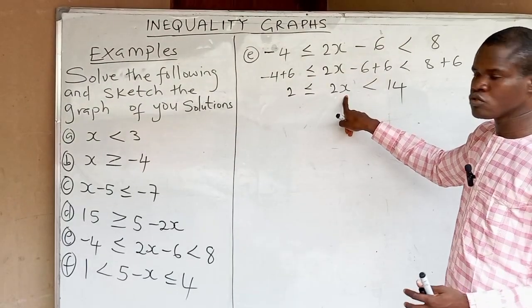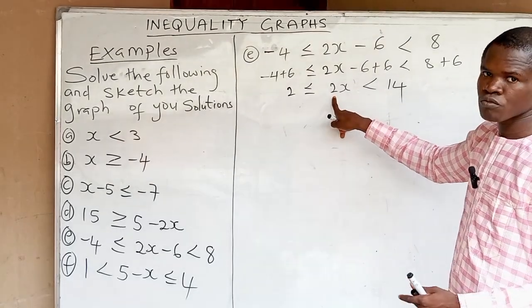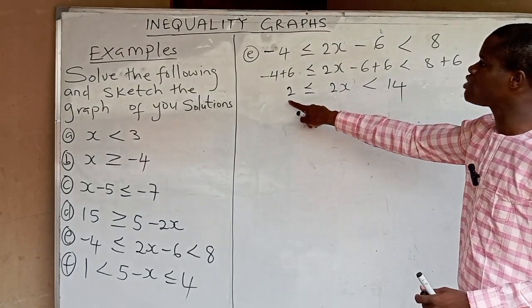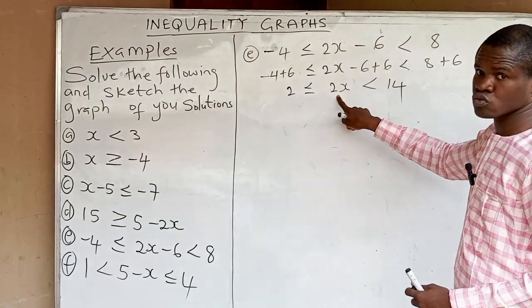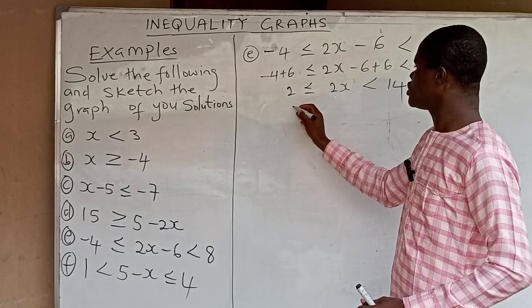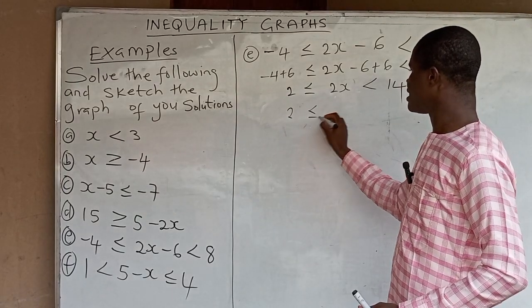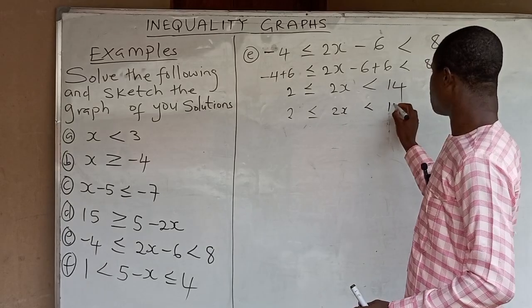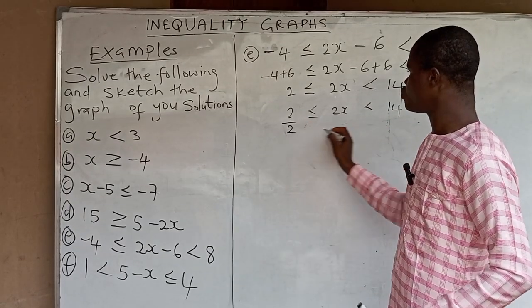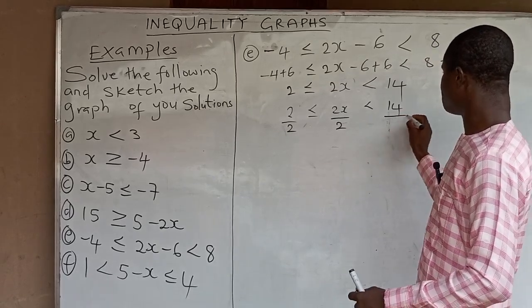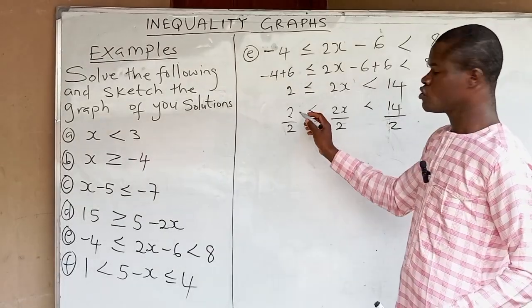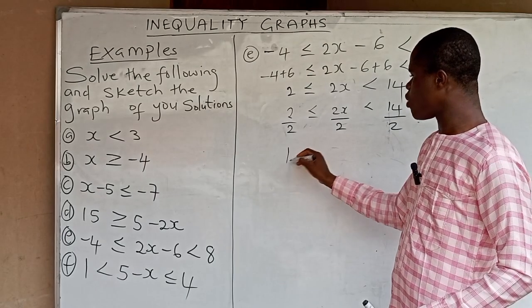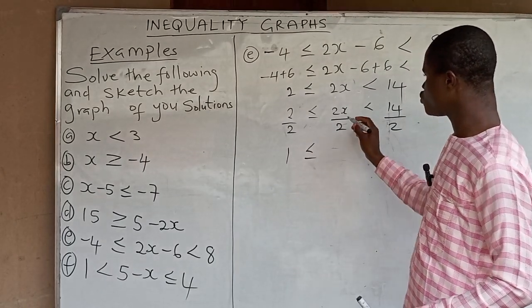X is still not alone. It's still having a coefficient of 2. So the next thing to do is to divide all through by 2. So this becomes 2 is less than 2x less than 14. Divide here by 2. Divide here by 2. Divide here by 2. So 2 divided by 2 is 1, which is less than or equal to, here 2